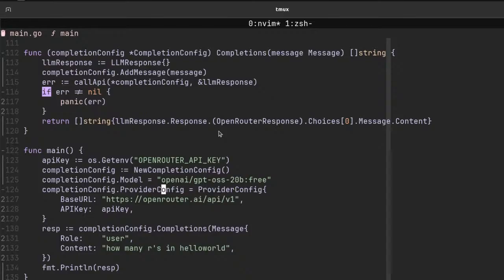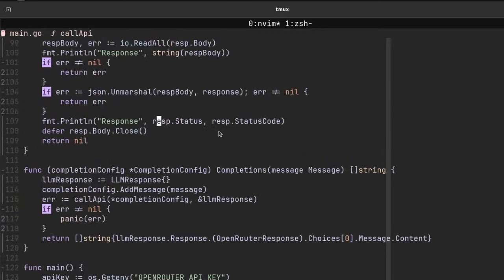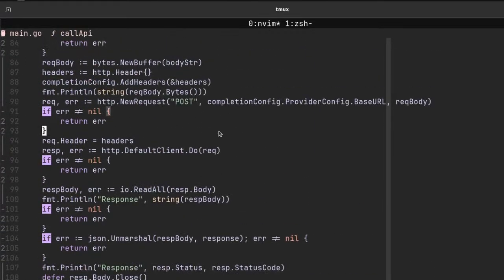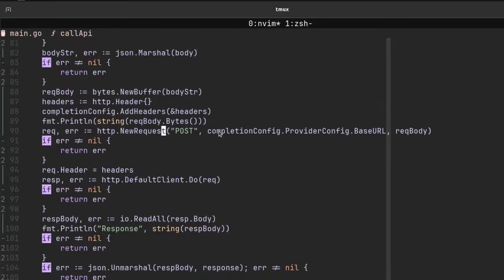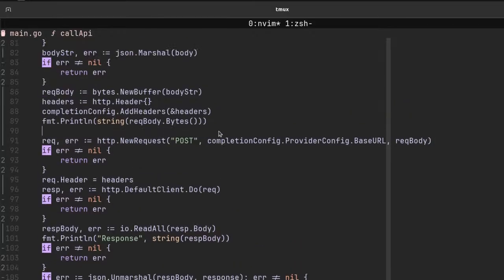You're reading the wrong endpoint, right? Oh my god, that was a wrong endpoint. Could that be? Chat completion